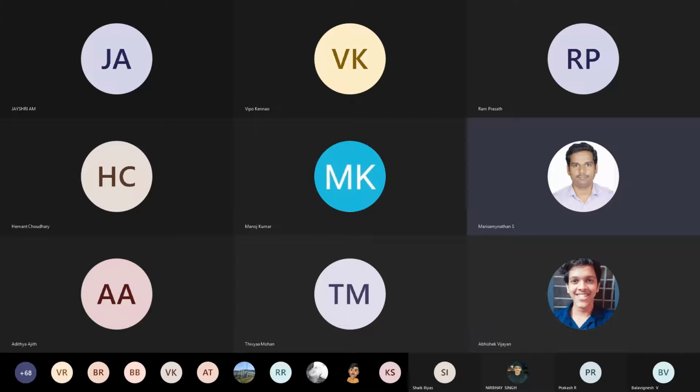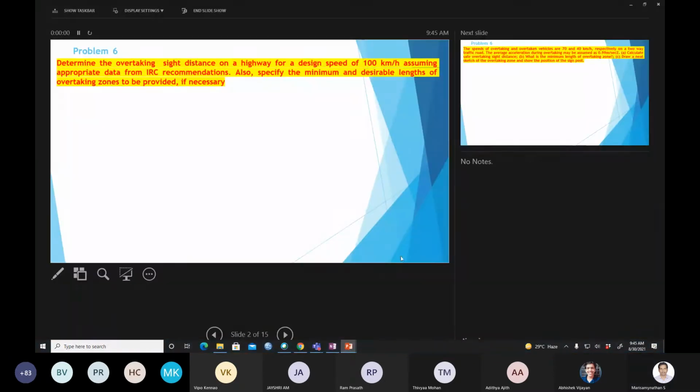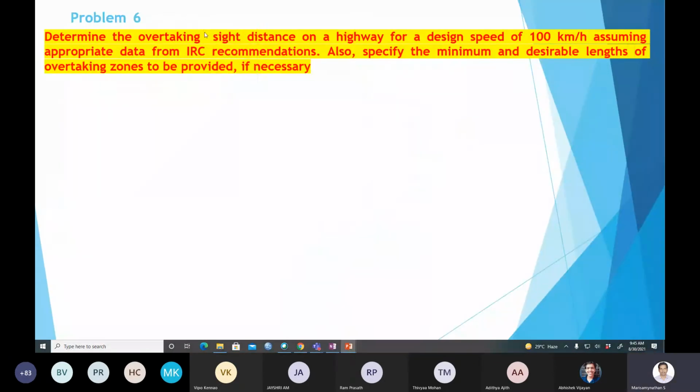Yes. So this is a problem given. One simple problem for the overtaking sight distance. So what they have mentioned is: determine the overtaking sight distance on a highway for the design speed, capital V,